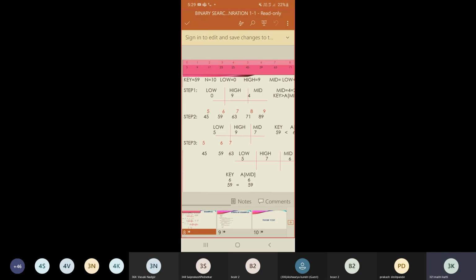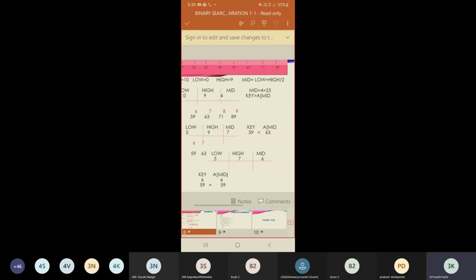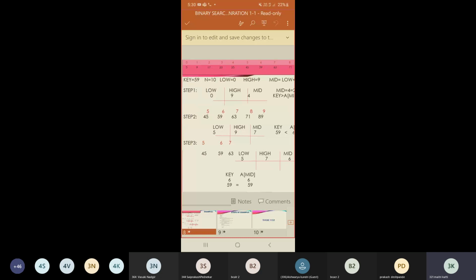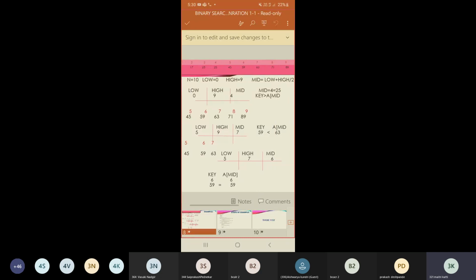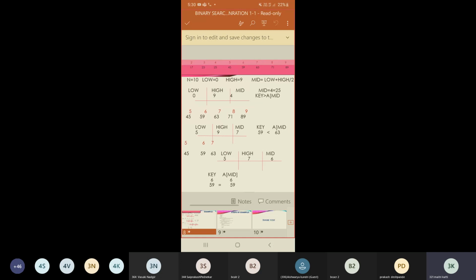But here the key value is 59. So the second half, from the 5th to the 9th value, is where the element 59 is present. So the first half, from 0 to 4, will get skipped. And we have to find the mid value of the elements from 5th to 9th.